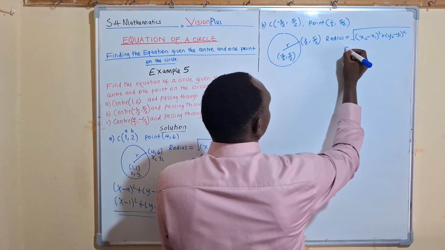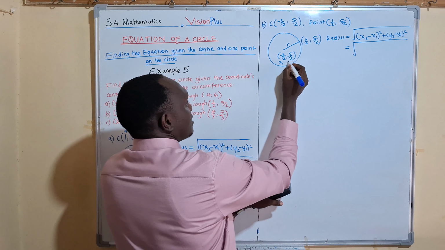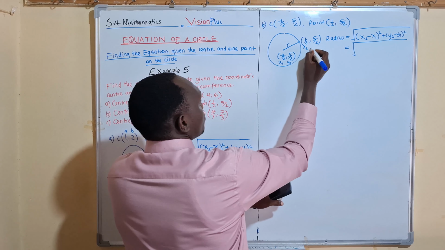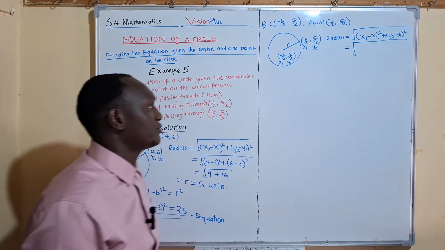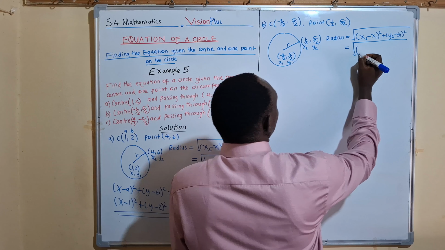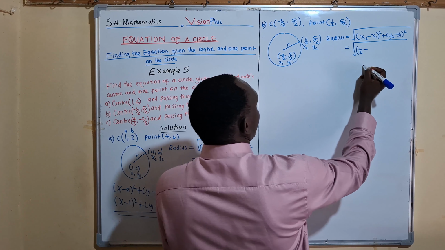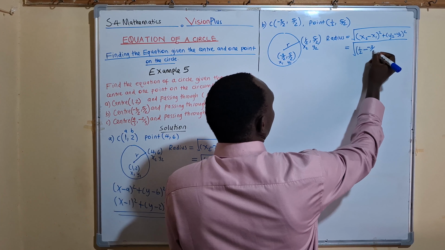Then you substitute. You come and name your points. This is x1, y1, x2, y2. Then you substitute. The formula says x2 minus x1. So what is x2? x2 is 1 over 2, minus x1. x1 is negative 3 over 2, but square it, plus